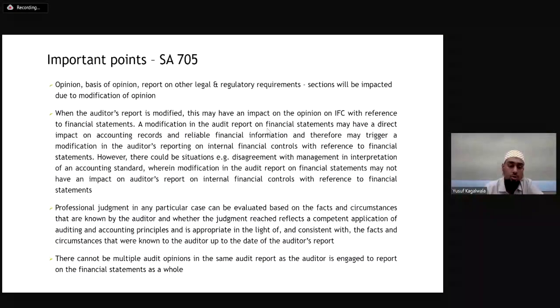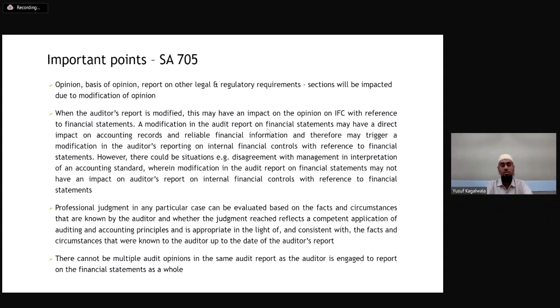There cannot be multiple audit opinions. This is a unique question which is also there in the implementation guide by the ICAI. There may be scenarios where we have not obtained certain information for certain areas. Maybe in a couple of areas we have not obtained sufficient appropriate audit evidence, and in certain other areas we might have a material misstatement. Now we need to assess what is the maximum impact. There may be too many material misstatements in material areas pointing towards pervasiveness, as compared to a single area or a couple of areas where